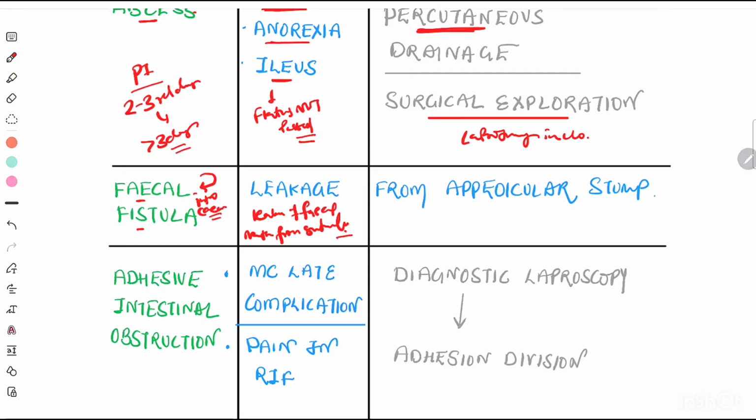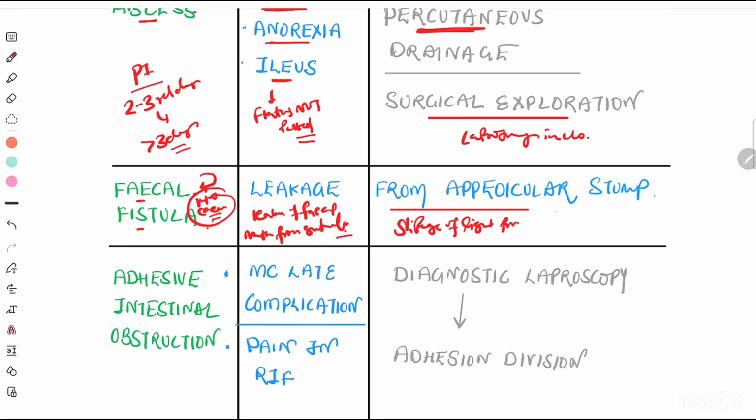If the surgeon, during the repair of the peritoneum, takes a prick from the cecum, there will be a fecal fistula between the cecum and the skin, and there will be leakage of fecal matter from the suture site. So it can be due to a mistake of the surgeon,